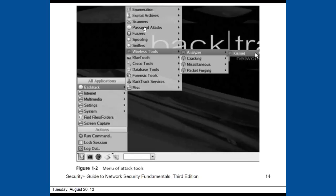Database tools, hacking into SQL servers, doing a SQL injection is what it's called. Forensics tools could be used for digesting and indexing a hard drive. And so all of these tools that are being shown can be used by IT for valid purposes, to do penetration testing on your network to see how well your network holds up to all these